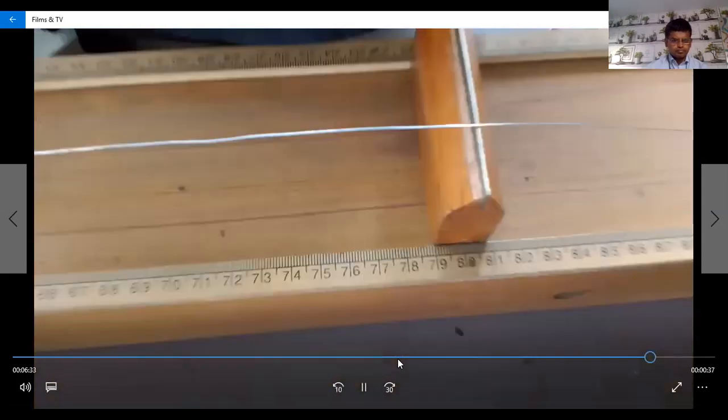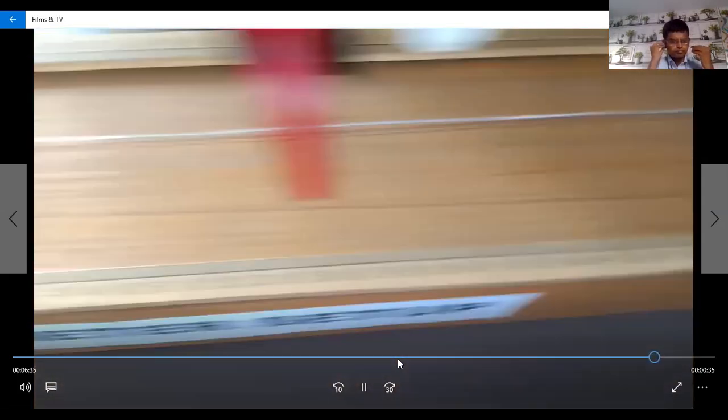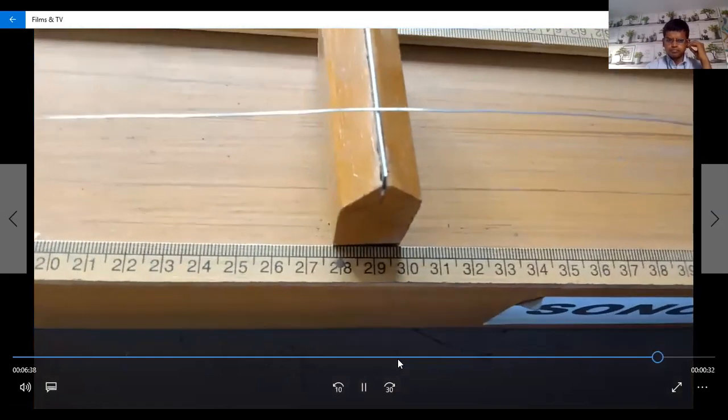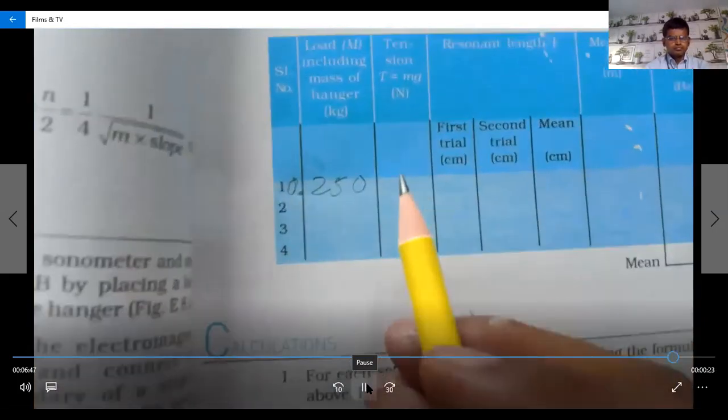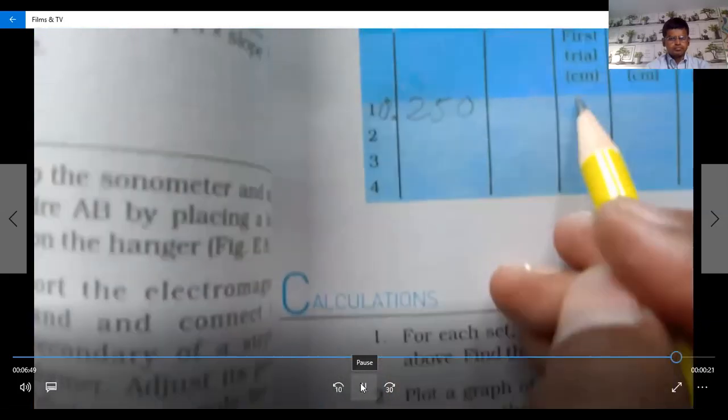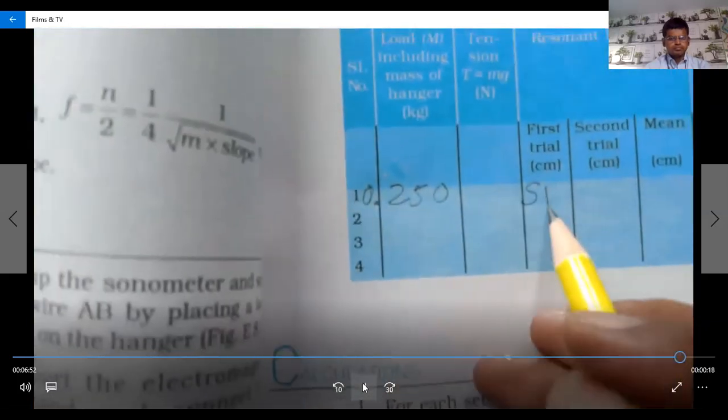Okay, so after the vibration comes, you note down the points. The first point is 80, the second point you see here is 29. So 80 minus 29, definitely you got the answer, 51. Directly written here in centimeter, so the answer should be 51. Okay, so we show here the 51 answer, it is a live demo.